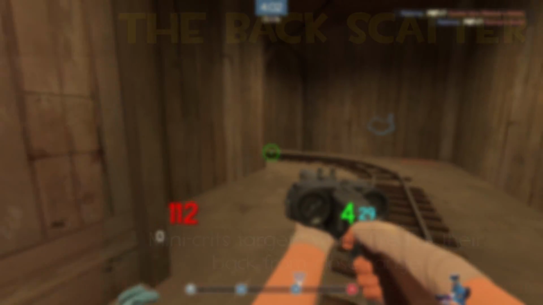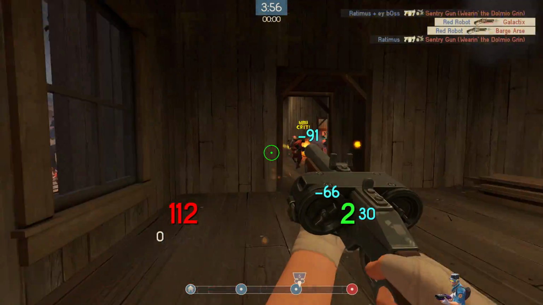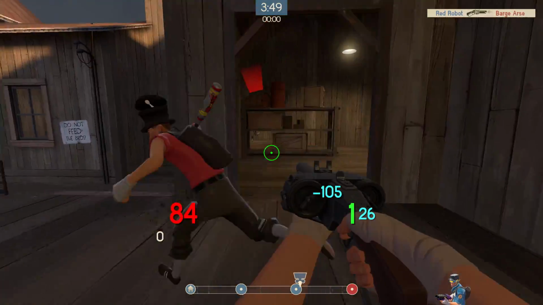Number 10. Starting off this list is the Backscatter. I know that the inclusion of the scattergun will be a contentious decision, especially when I reveal what weapons didn't make the cut, but I felt the Backscatter, despite the finicky nature of its mini-crit mechanic, really deserved a spot